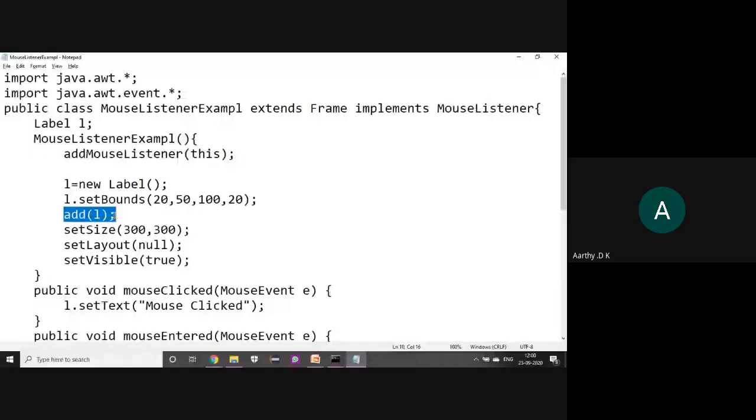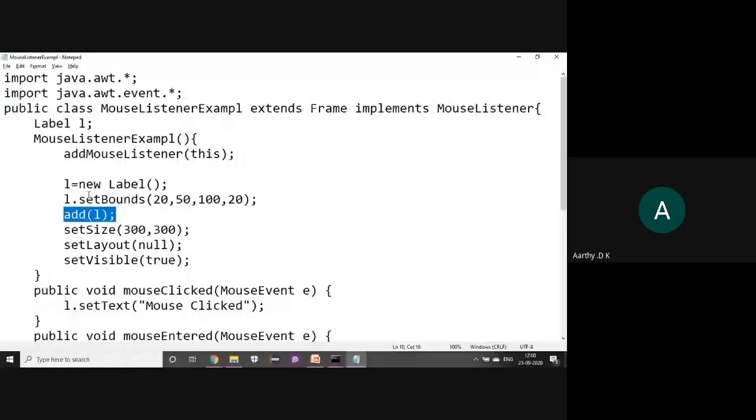Everything you create, whatever input types or output types you create, like checkboxes and radio buttons, all those kinds can be an input or an output, right? So those kinds of input and output components that we have, we will have to add them into the frame.